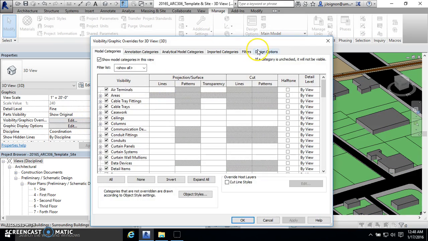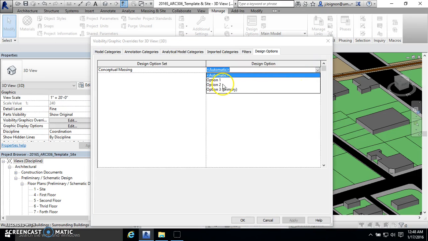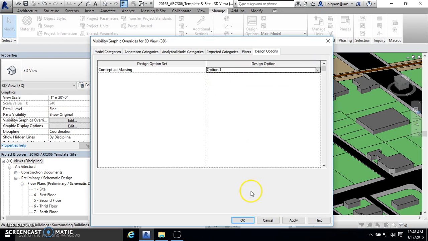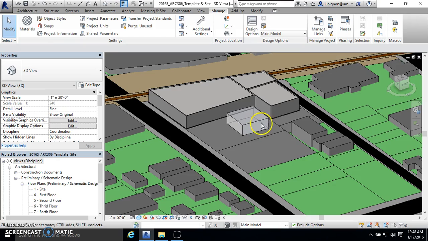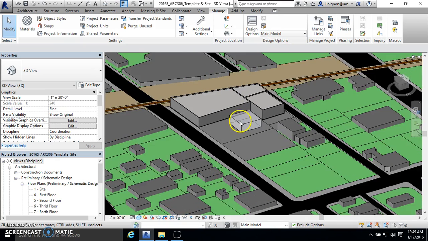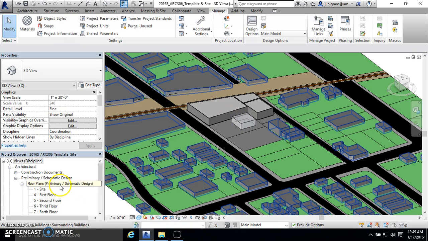But you can override that, so you can go to design options and you can override it and say, in this view, I always want option 1 to show. And so even though option 3 is set to primary, option 1 is shown in the main model. So that helps you if you wanted to print out or display 3 different options on a sheet, you could set,